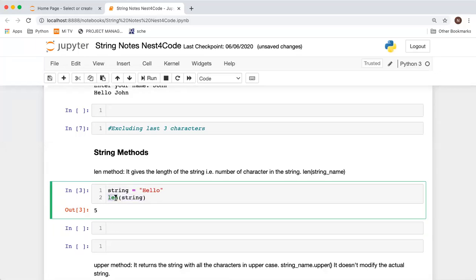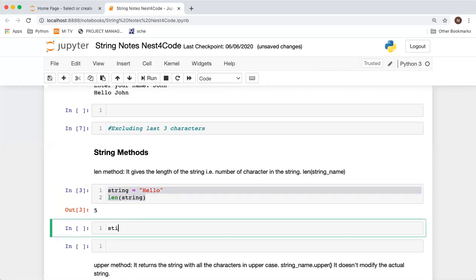We can use this for a string, and we can also use it for other data structures like list, set, and other things. Right now we're using it for a string. For now, you can think of it as a function in Python that doesn't belong just to the string class, but can be used for other data types also. This is how we use it in the case of strings.